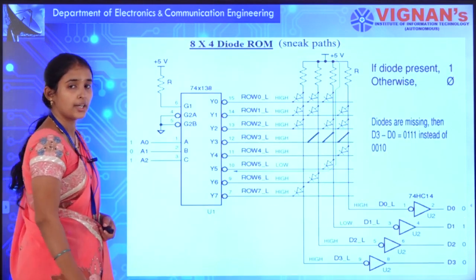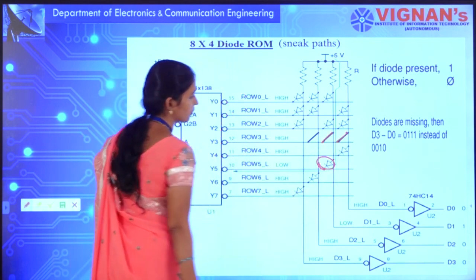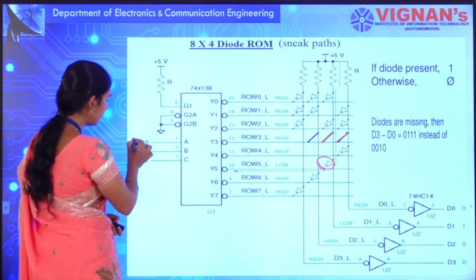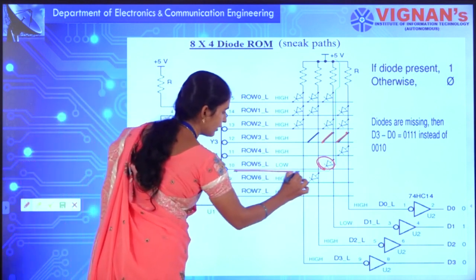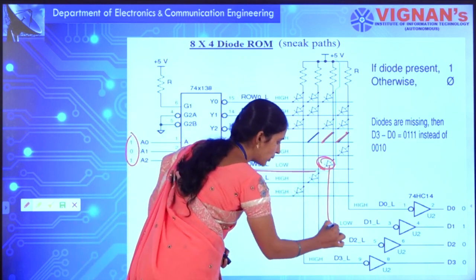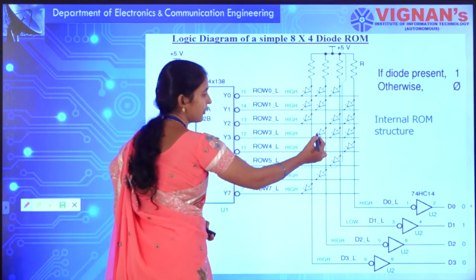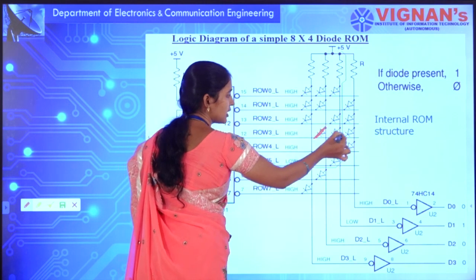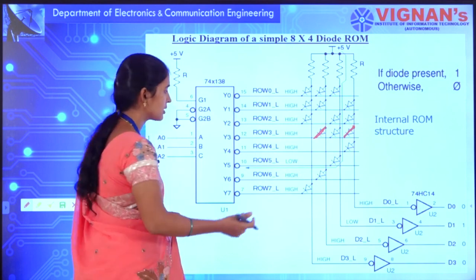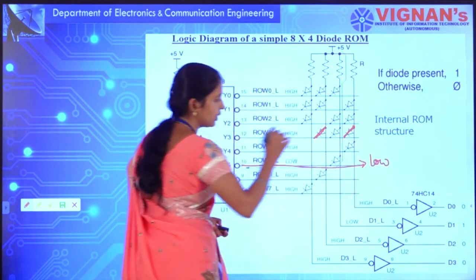Next, coming here. You might have a question: why should we use a diode, why not a short circuit? Even the short circuit also resembles the same. But if you see here, I gave 5 as input. As usual, Y5 is pulled down to low. That means only this line has to be pulled to low. See here, if I replace these 2 diodes with a short circuit, what will be the result? Only this word line will be low.